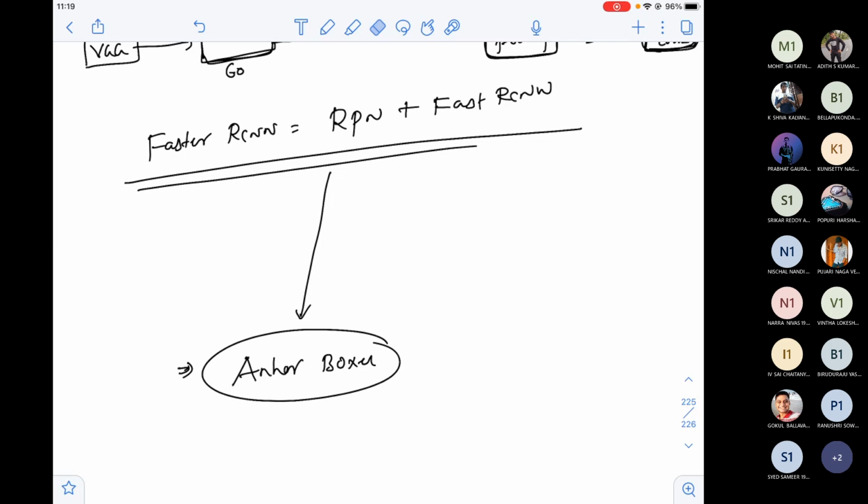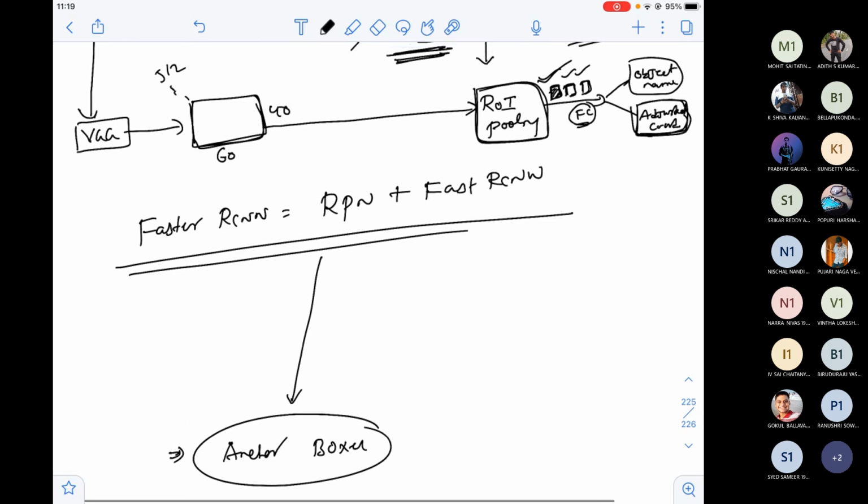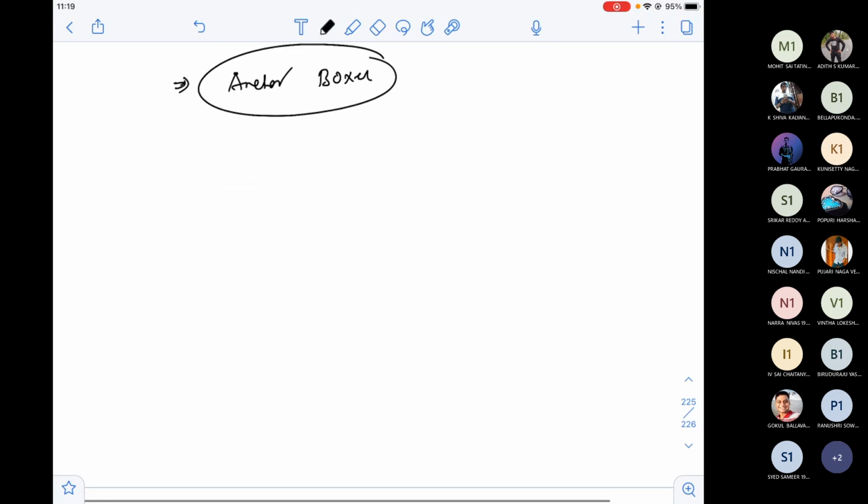The name anchor box is given because you know the basic meaning of anchor, right? It's a hook. Similarly, I'm not actually trying to find the exact coordinates. I'm trying to find the adjusted coordinates. So that means it's nothing but a hook, right?